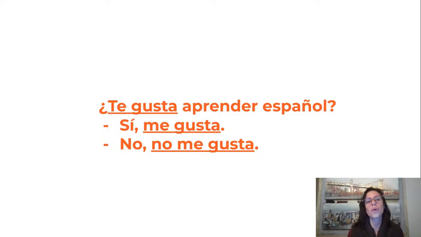We don't need to add anything else to a question because with the verb itself, the verb is enough. So, gustar. ¿Te gusta aprender español? But let's see. I can perfectly spot the verb gustar. It is gusta in this case. But what about te? What is te? ¿Te gusta aprender español? Why are we actually asking the question using something that means to you? It's like, to you